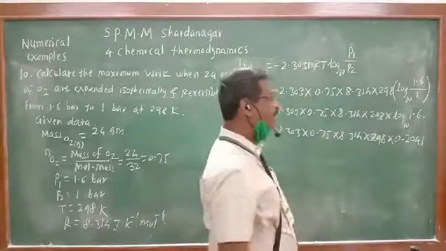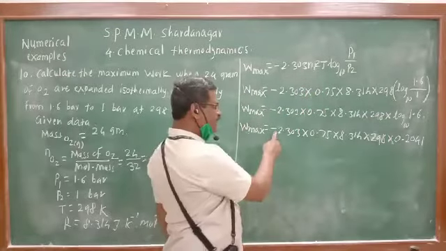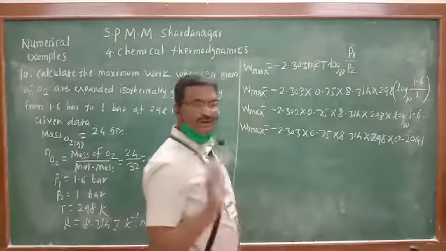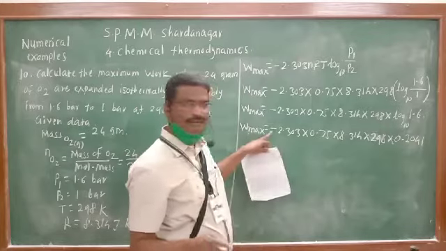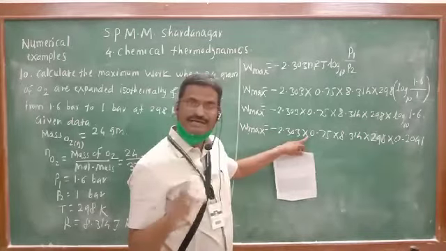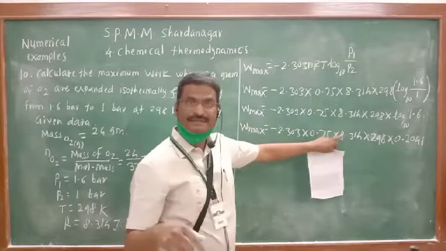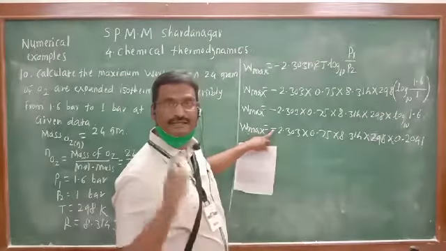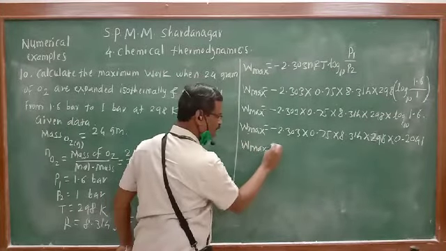What I have done, I have solved only this bracket first. Now this is minus, plus, plus, plus, this is also plus. So what is our answer? Is it plus or minus? Minus. It is minus only once, therefore the answer is minus. If it is 2 times minus, the answer is plus. 3 times minus, the answer is minus. 4 times minus, the answer is plus, like that. Since the negative sign is given only once, therefore the final answer W max will be minus.